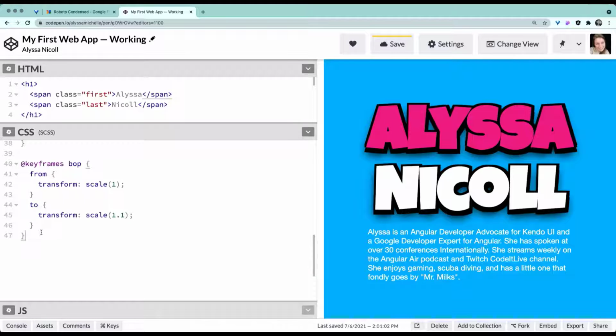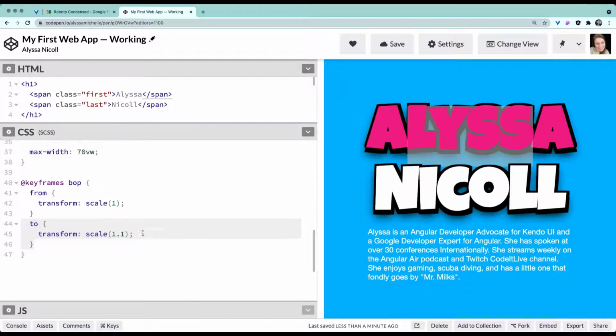So this is a keyframe. There's a couple of different ways to animate in CSS. One of the most common ways is by using a keyframe. And so here we have this bop animation, and it has a from and a to. So this is where it's going to start, the starting state, and this is where it's going to end. So let's go ahead and give Alyssa, the first name, if we scroll up,